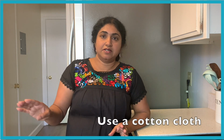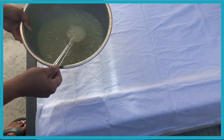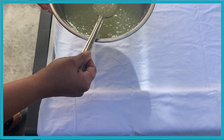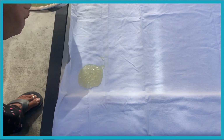Then you can take it outside where you have nice sunlight. You can have a table and spread a cloth, and you can start pouring the vadam in circles. It has to cool down a little bit before you make the frames. Leave little room between each,